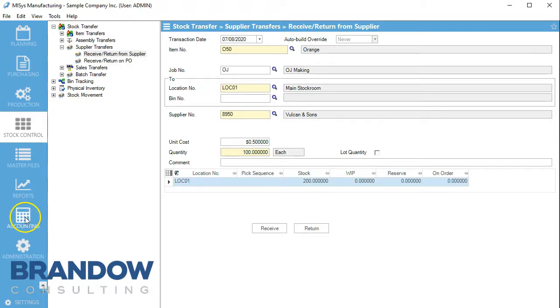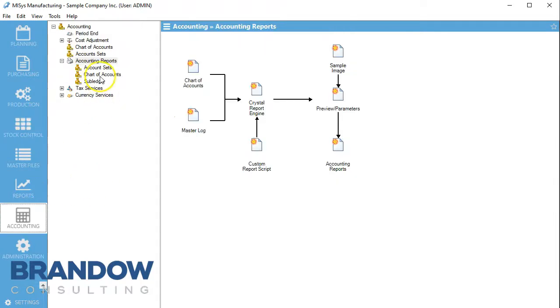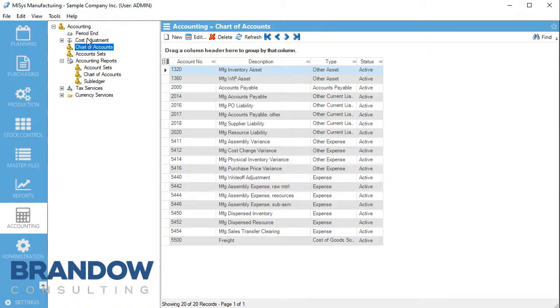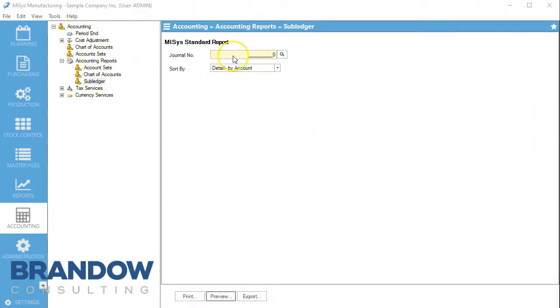So if we come down here to accounting and we come in here to our sub ledger, and actually let's show the actual chart of account first, which this is actually where it went into. 2018 is the manufacturer supplier liability. And so when we come into our sub ledger, what we'll do is we'll come into journal right here,